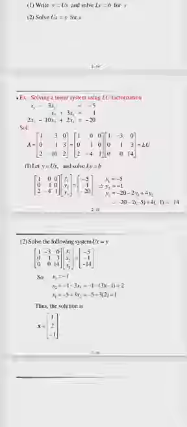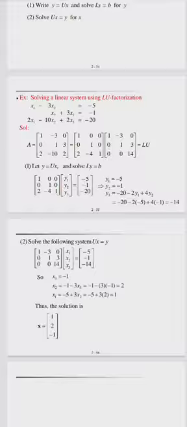The third equation has x1 coefficient 2, x2 coefficient -10, x3 coefficient 2. This matrix is converted to LU form,